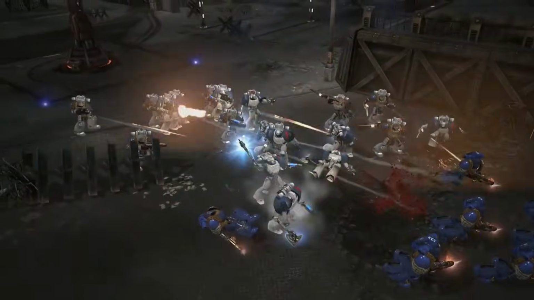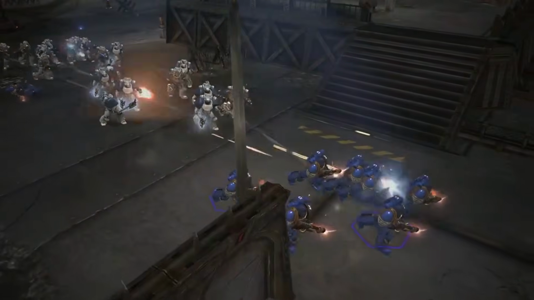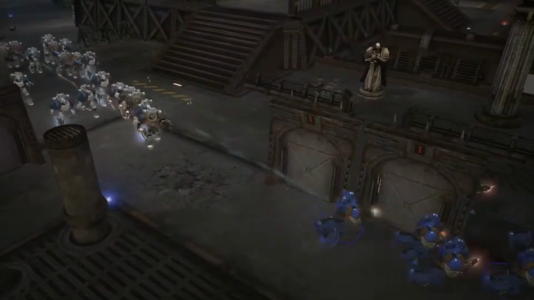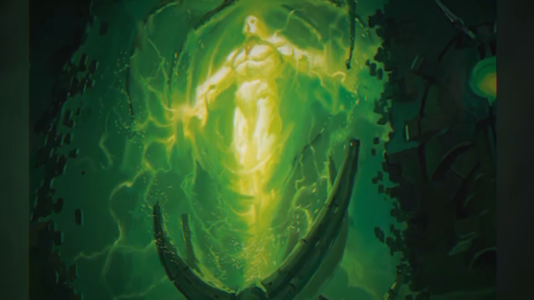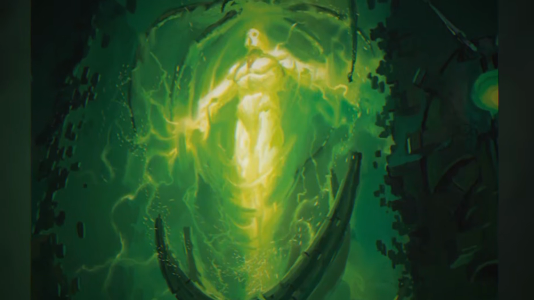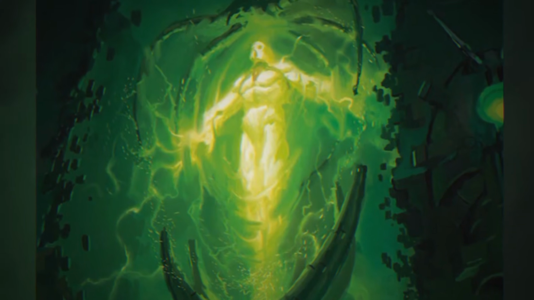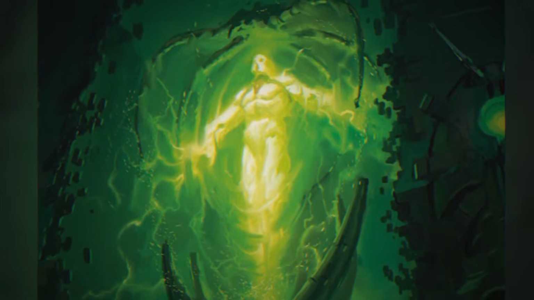Their vast empire crumbled, their knowledge scattered, and their very existence reduced to little more than whispers and legends. The C'tan, having consumed countless souls, grew to unimaginable power, while the Necrons, now free from the Old Ones' influence, began their long sleep, awaiting a time when they would awaken to reclaim the galaxy.